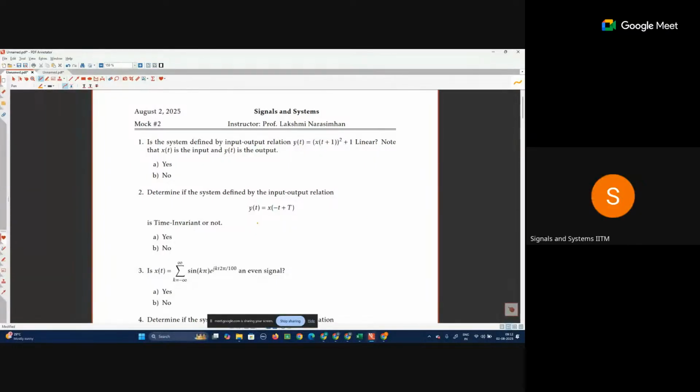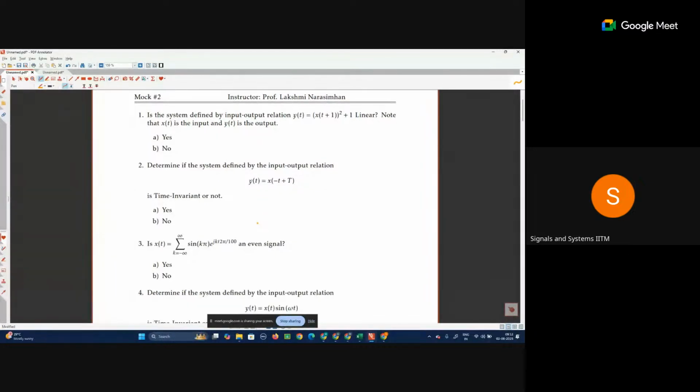So the first question is: is the system defined by the input output relation y of t equals x of t plus 1 whole square plus 1 linear or not? Here they have given the input output relationship. Can anyone answer this? No, because if any other terms are added or subtracted other than the input, it's a non-linear system. Yeah, correct. So if there is a constant over here,